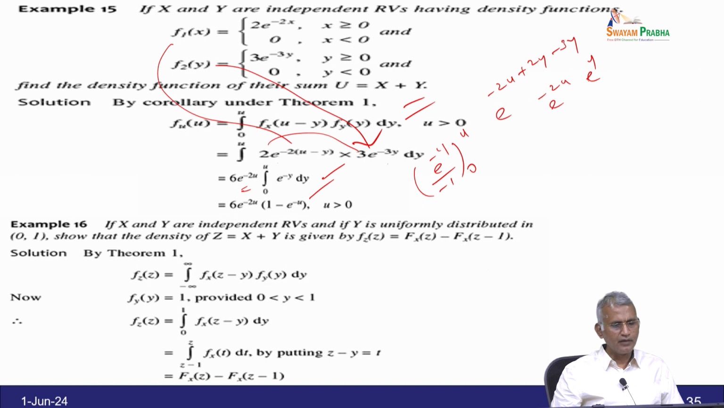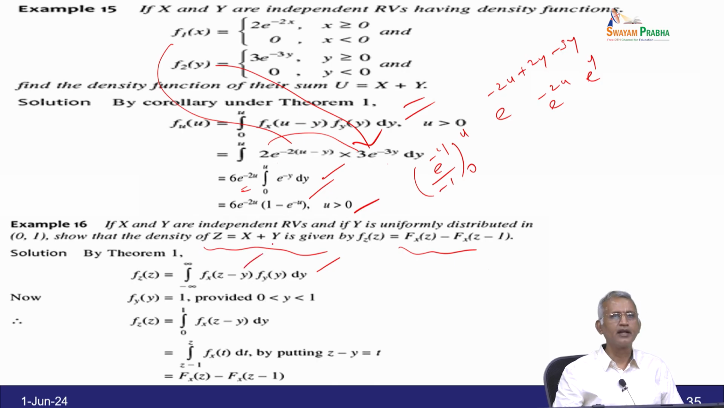Next example: if X and Y are independent random variables, and Y is uniformly distributed in the interval (0, 1), show that the density function of Z = X + Y is given by f_Z(z) = F_X(z) - F_X(z - 1). So, according to the theorem, we can directly write the definition of f_Z(z) as the integral from minus